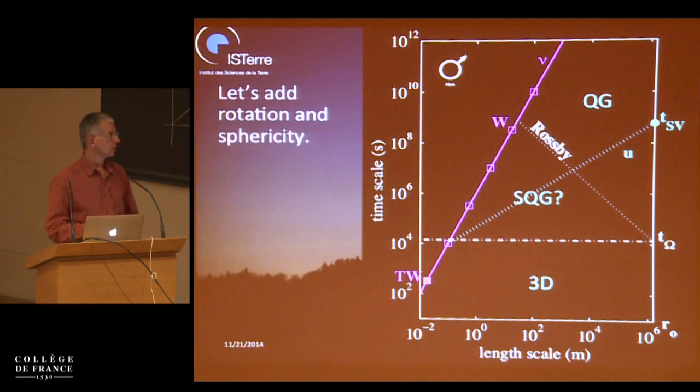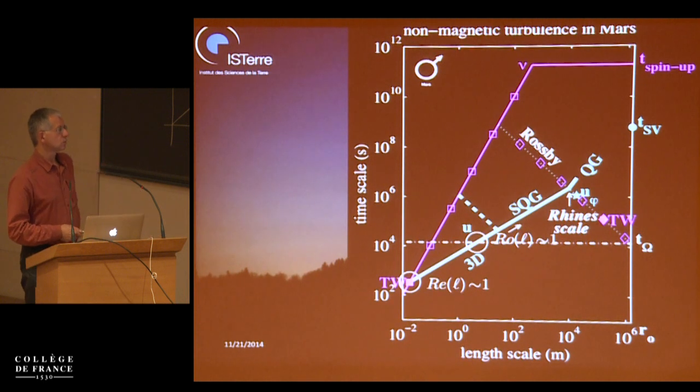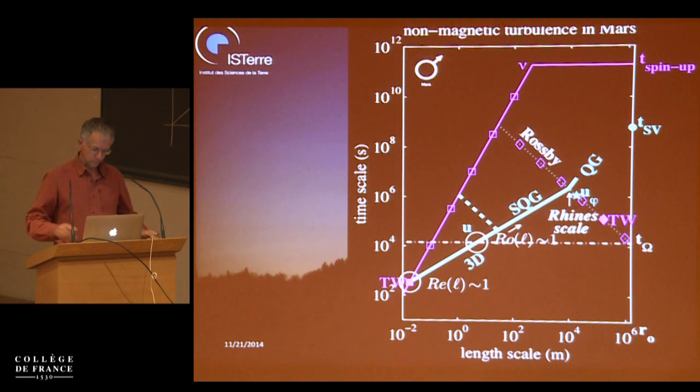Okay? So in that triangle bounded by where dissipation occurs due to viscosity, the day and Rossby, this line which is the time it takes for a column to form, you don't really expect to have quasi-geostrophic motions, but something which is very much elongated in the direction associated with the rotation, but which is not touching the two boundaries. If that's true, then you expect some things to happen for motions in Mars' core if there is no magnetic field, but there is rotation like there is in Mars.